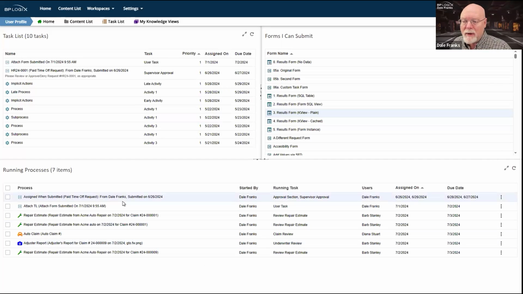And so it'd be very important to see what tasks have been assigned to me as soon as I open up the system so that I can open up those tasks and I can complete them right from the home page of my workspace, irrespective of whatever email notifications I may have been sent by these processes to assign these tasks to me.